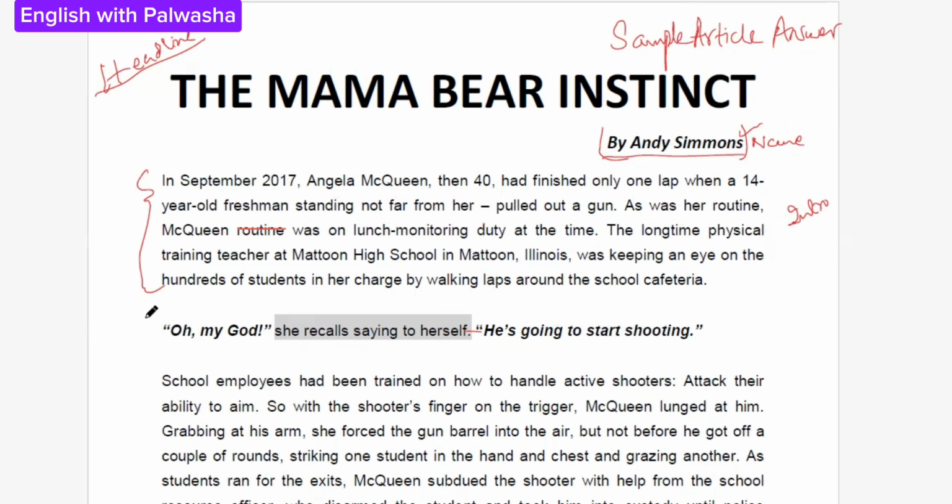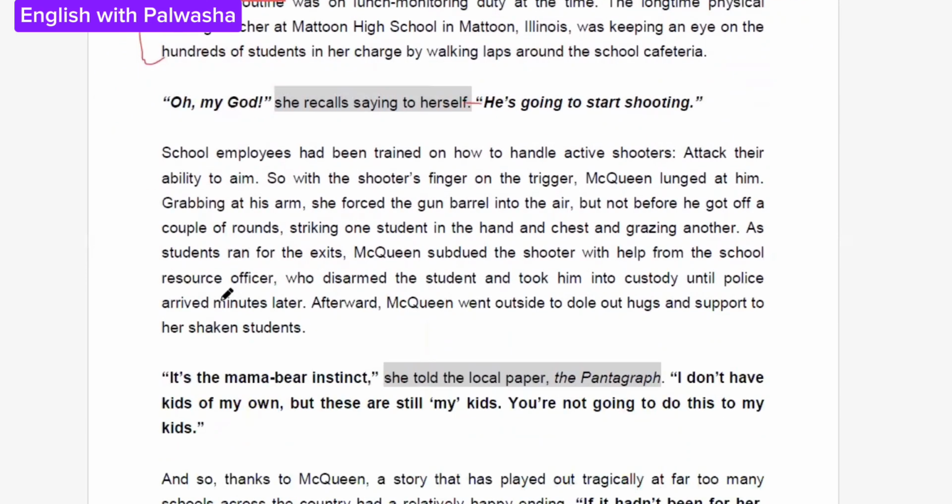Okay, so you can see this is like a magazine article, which I'm sharing with you. It's not a newspaper article because the language is a bit casual here. So this is one example of a magazine article. Once you read those two texts of the directed writing strand, you can get an idea whether it's a magazine article or a newspaper article. All right. Okay, so this is the way you are going to go about it.